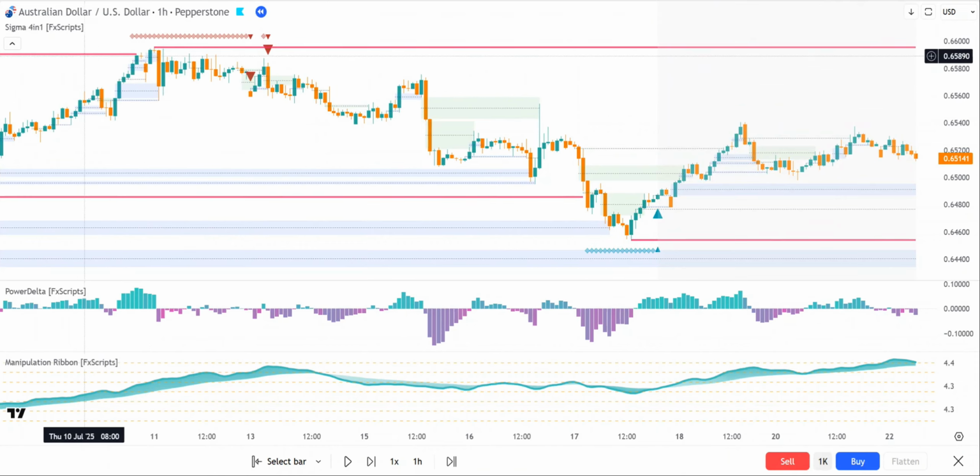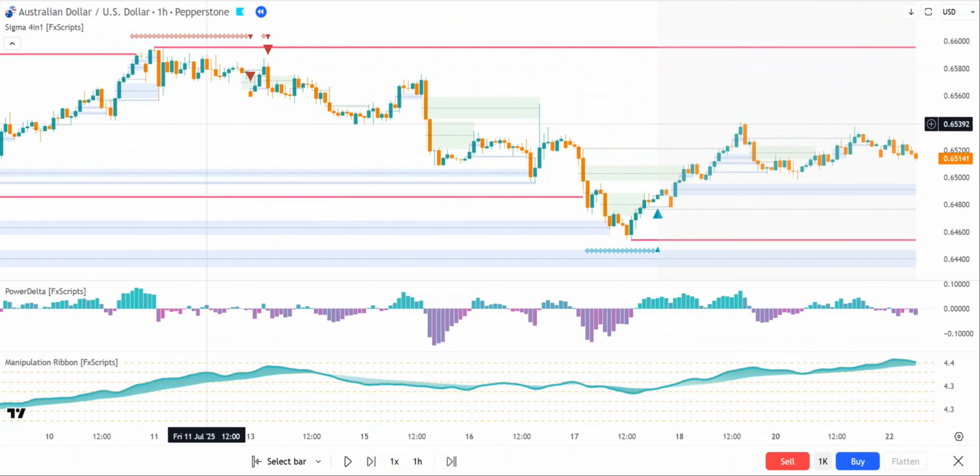We've got the daily liquidity. It's broken. We've got a reversal print forming at the same time. Now, that by itself is not enough to enter. What we now need to do is look further down below, and we're looking for a divergence. This is the power delta tool, and this is the manipulation ribbon. So my personal preference is for a divergence with the power delta, but the manipulation ribbon can produce equally